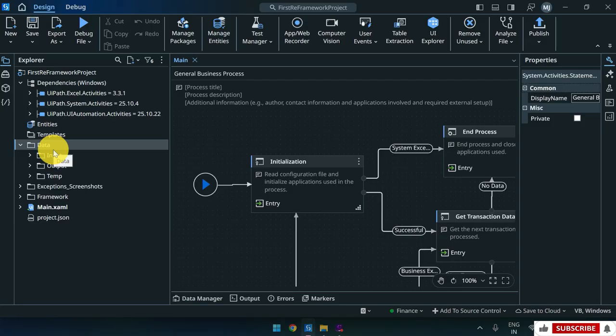The data folder is used to store all files that the automation reads from or writes to. It contains three subfolders that include input, output, and temp. Input holds files that the robot needs to read, such as Excel or CSV files. Output stores files generated by the automation, like reports or results files. And the last, we have temp, which is used to store temporary files during execution, which can be deleted after the